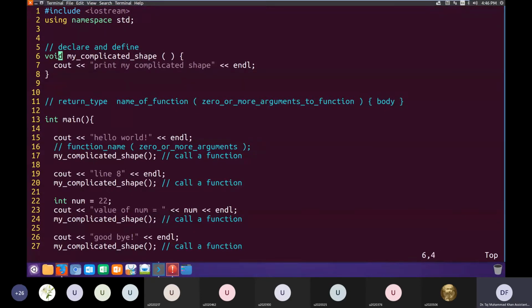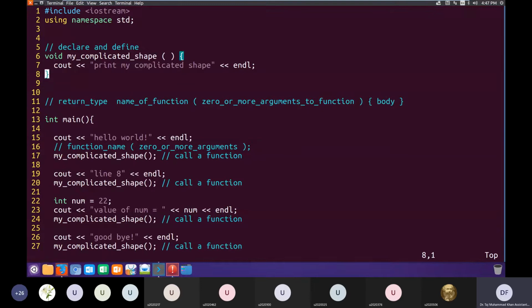Here the execution flow will jump to line 6, and then within this function it will move on linearly. If you have multiple statements in this function, it will execute them one by one until the end of the function, which is the closing curly bracket. And then after this closing curly bracket, instead of moving to line 9 or 10, it will jump back to where it came from. It's a very important concept.